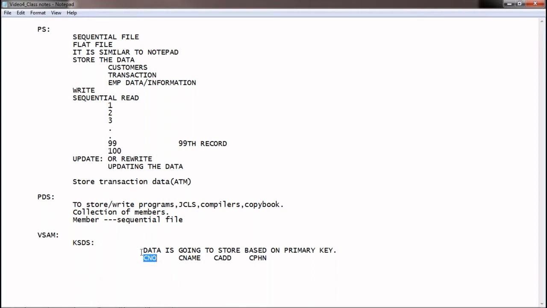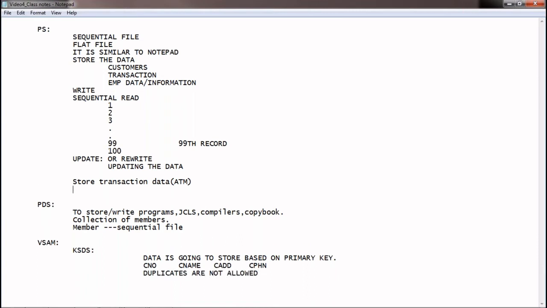When you make a field a primary key, it will not allow duplicates. Whereas a PS file allows duplicates, because there is no concept of primary key in a PS file, but we have it in KSDS. So duplicates are not allowed.